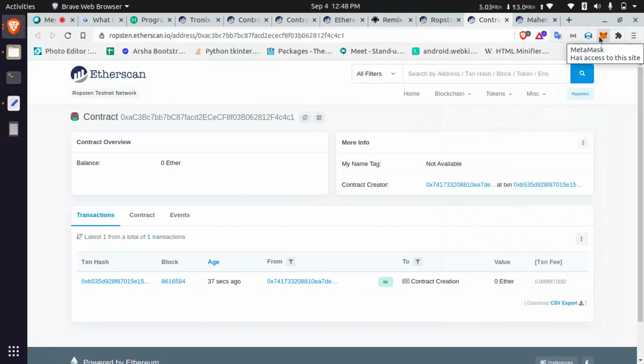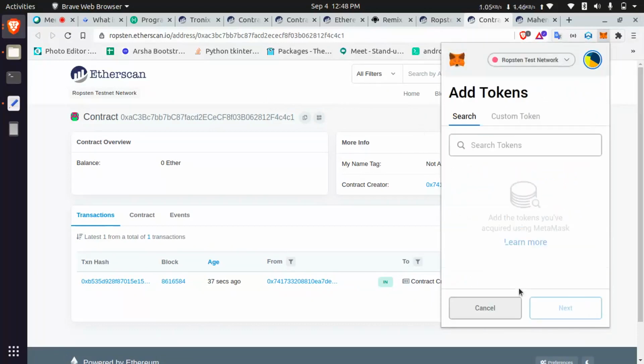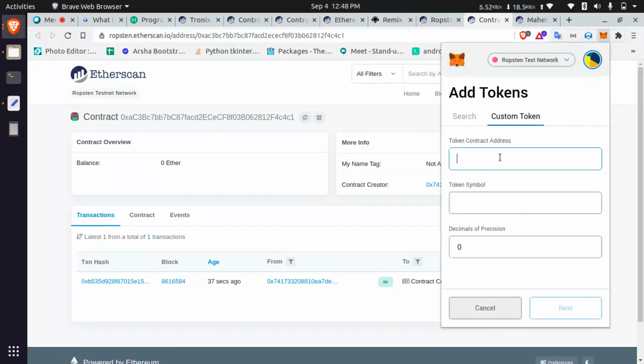Just click custom tokens, add token, custom token. I am entering just the address. The standard fields are symbol, token name, and then decimal. This is automatically fetching.